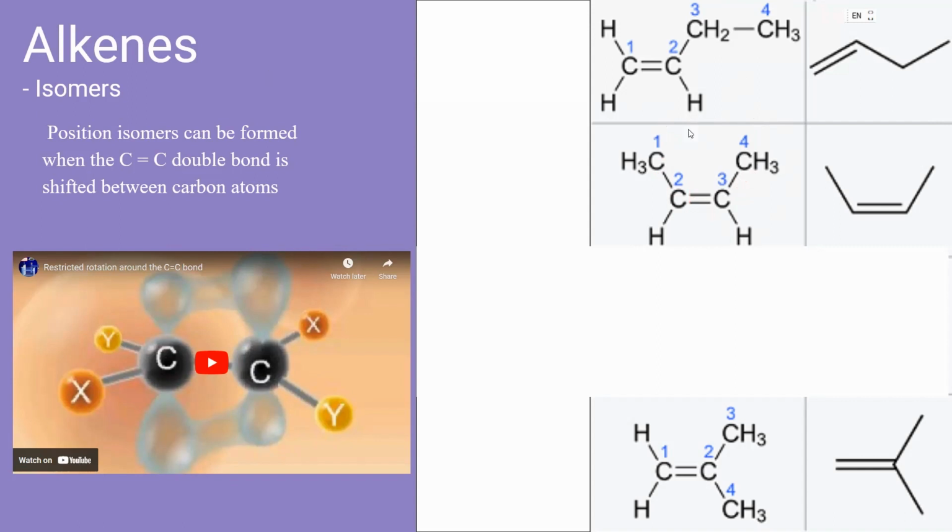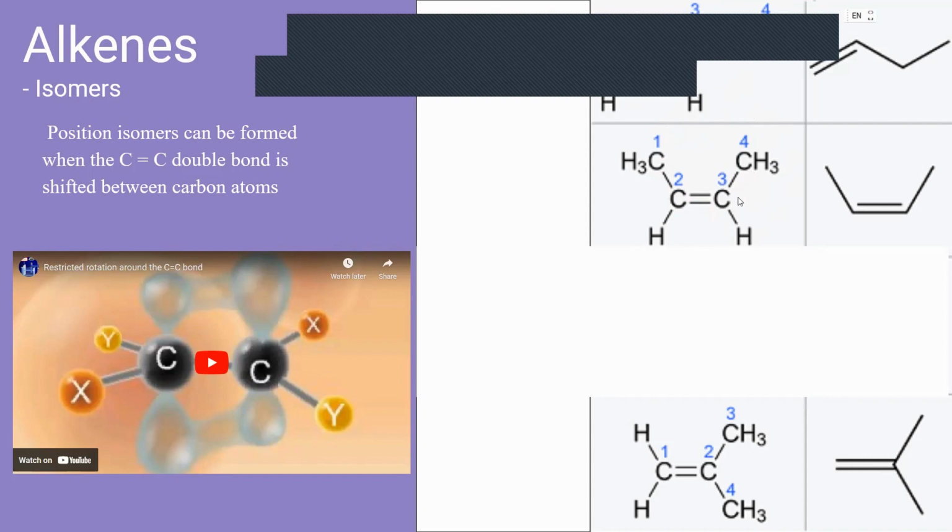So that's why if we had a carbon chain on the last one, it would be the same as the first. On the other hand, this one is different because there's a branch. So